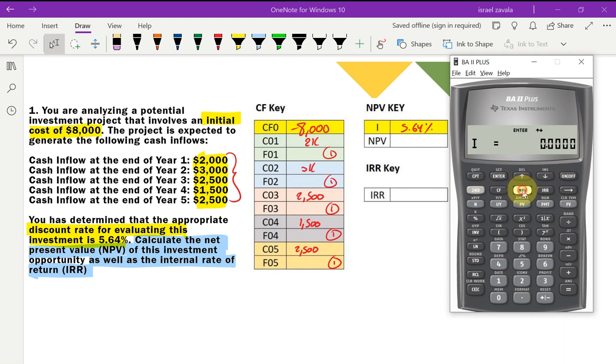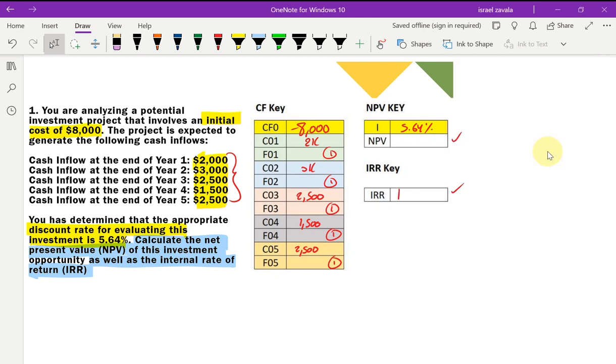Now, I'm going to go to NPV. I'm going to put in the discount rate, so 5.64. And then I'm going to hit enter. Really important you hit enter. And then we're going to go down to NPV. And all we can do in NPV is compute. So we're going to hit compute, and we're going to get a net present value of